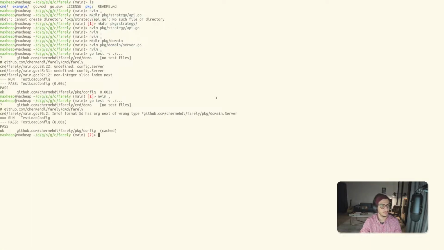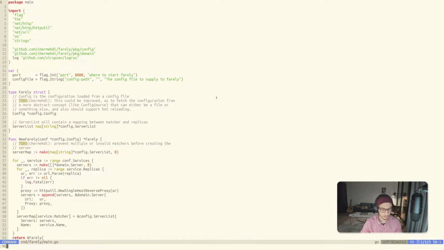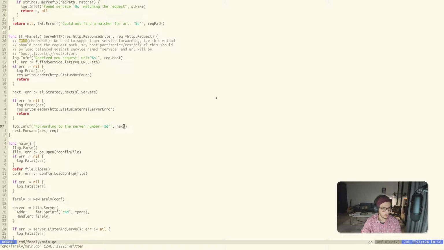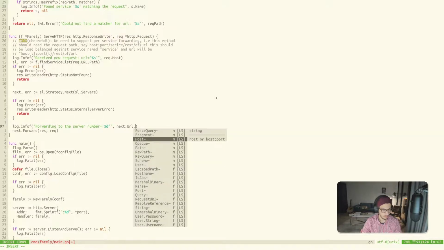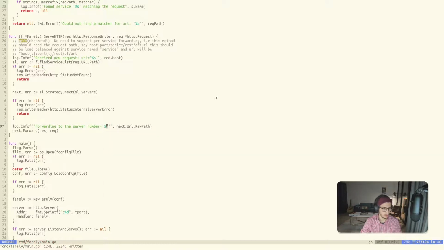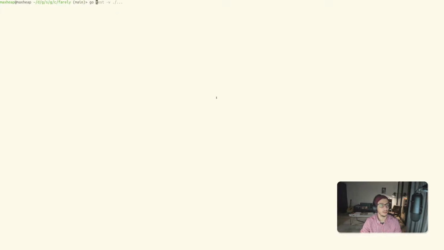Yeah, so there is no forward into server. Is there a name? I don't know. Maybe all path would be. Right. Again, go test. Okay. Seems to compile. Now let's go run cmd with this example configuration, and then let's try